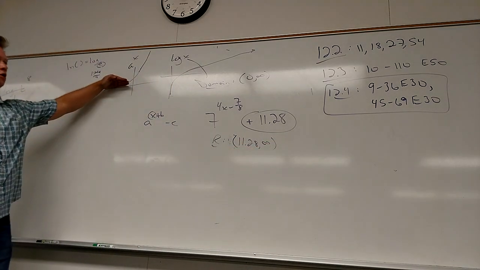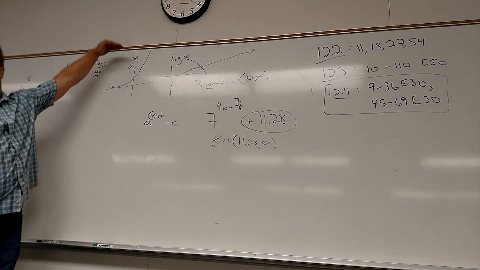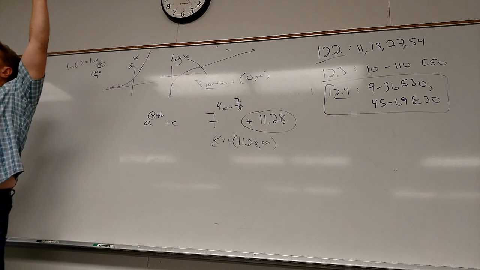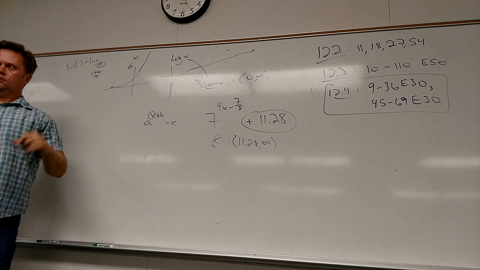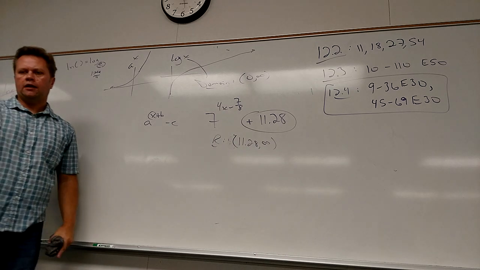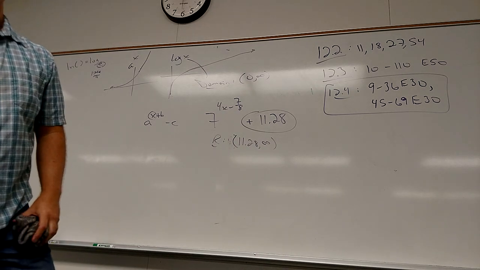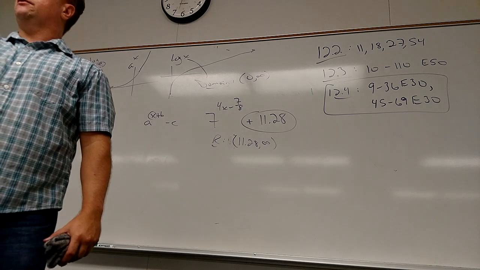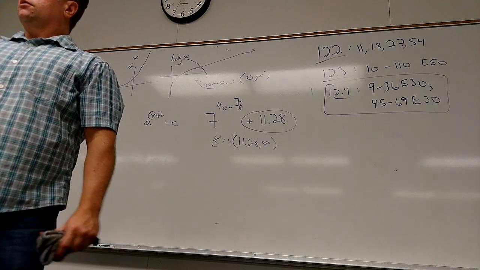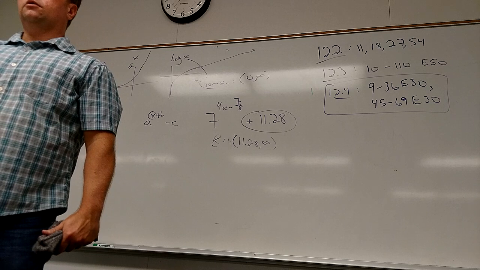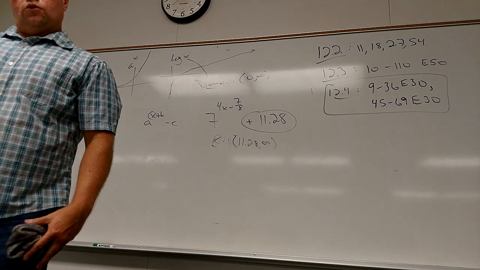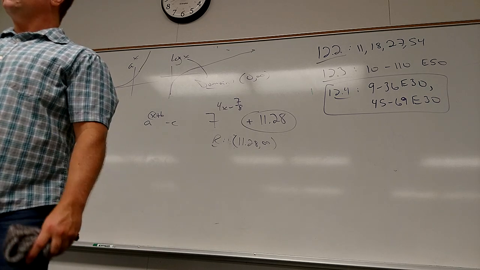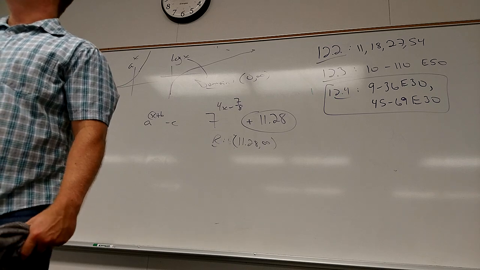Because the asymptote would go how much? 11.28. The floor goes up to there. That must be the minimum now. So that's how I knew for part A that the range was 3 to infinity, because I added 3. I raised the floor up by 3. And it's the same reasoning for 2B, except it's flipped because of this. Yeah, exactly. It's a beautiful way to look at it. Logarithm is the